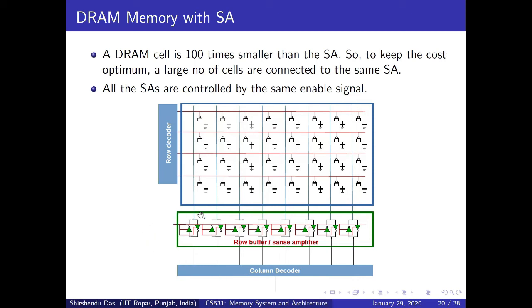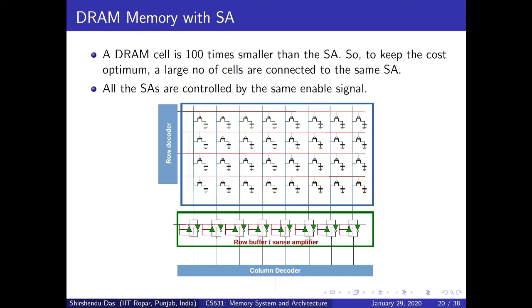So now, once this information is available here, if you want to read a particular column, for example this column, suppose row number 1 is available in the row buffer. Now I want to read column number 1, row number 1. Since row number 1 is already available in the row buffer, column number 1 will be supplied to this column decoder, and this column decoder will allow passing information from column number 1 through the data bus. This is how